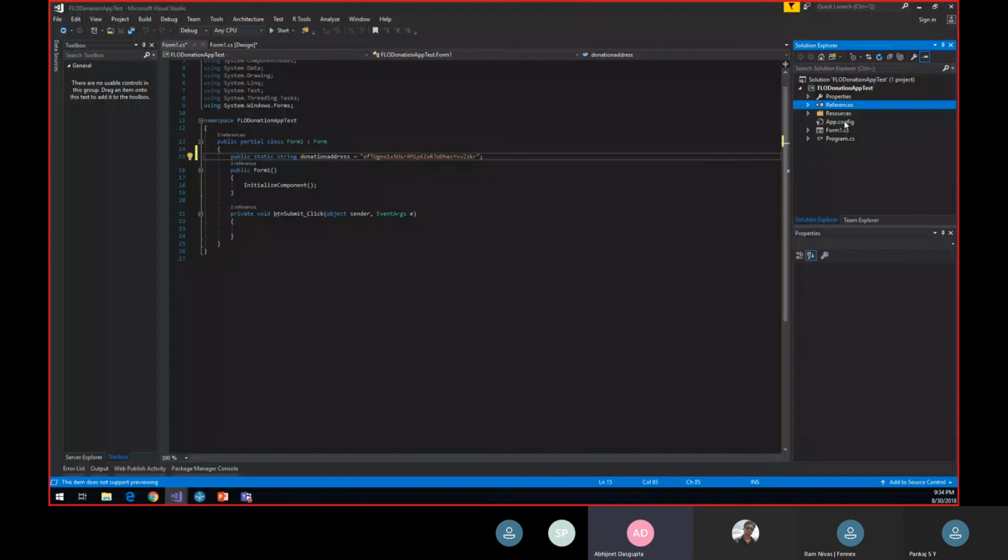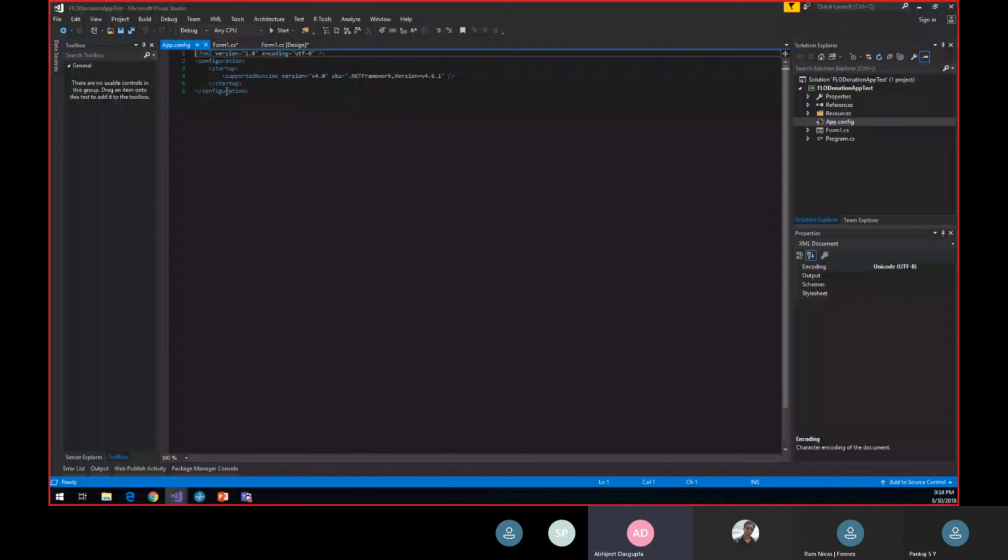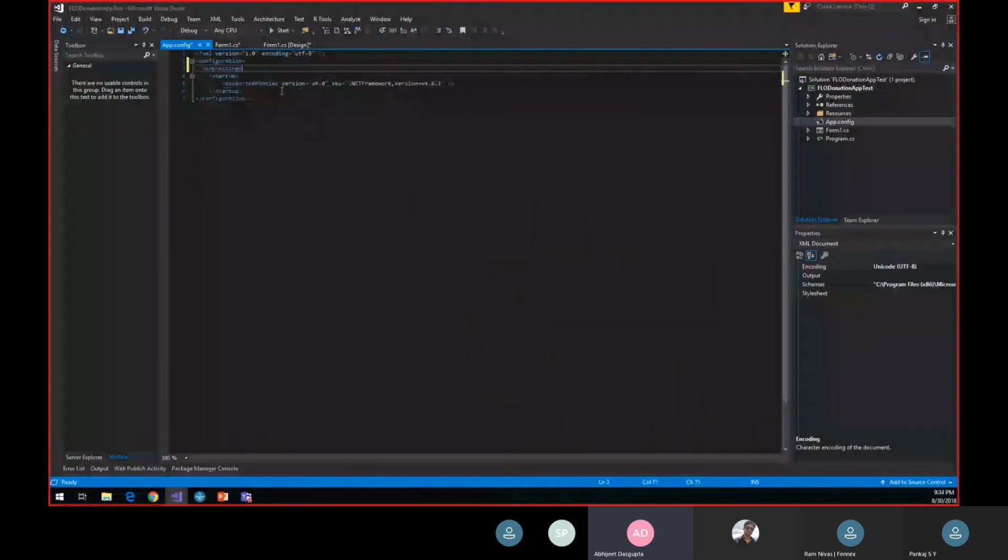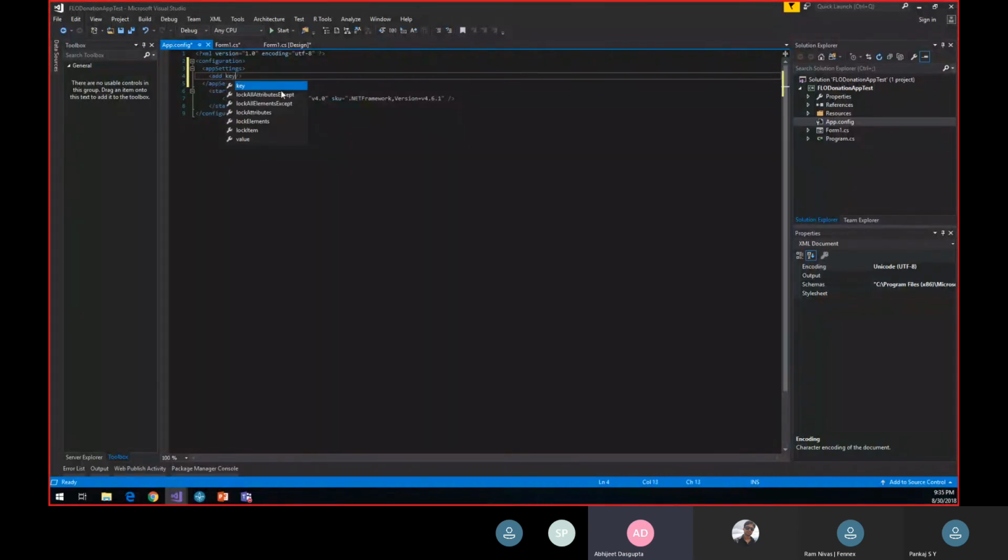This is an XML file that is used to store configuration details in any C# WinForm application. We will add a section called appSettings, and in that we will add some keys and values to store the configuration details for the Flow wallet. Let's start with the appSettings node, open it and add a closing tag. Then we will create some add keys, with a key attribute saying